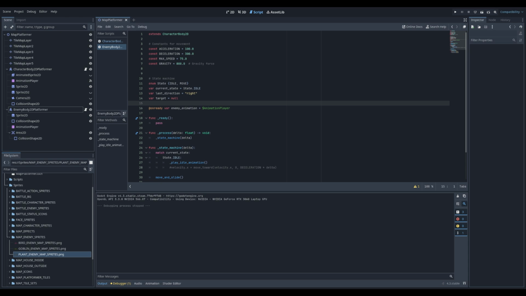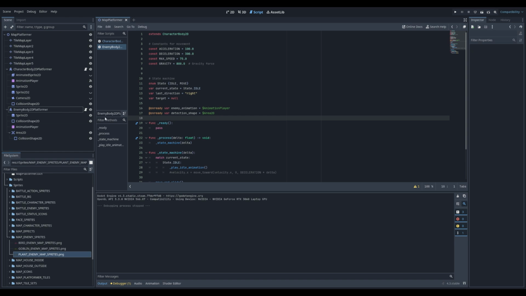And we are going to add the detection shape, which is just this Area2D. So now, just as the animation player is represented as a variable, the detection shape is also represented as a variable. We're going to add inside the state machine, regardless of what state you're in, we're now going to be applying